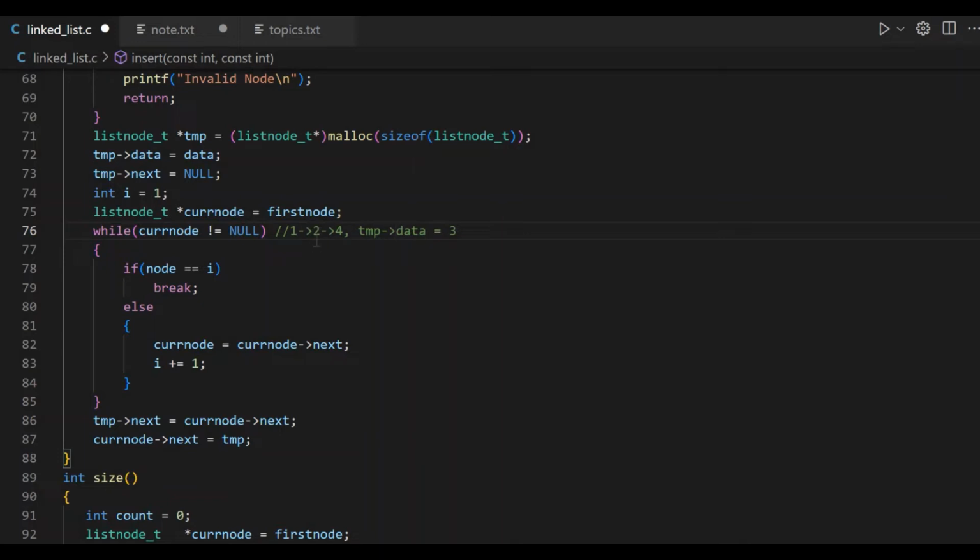Here current node is pointing to 2, and current node's next will be pointing to 4, and temp's next will be pointing to 4. Okay, now temp's next will be pointing to 4, and now current node's next. Now temp's next is current node's next, and current node's next will be our temp, means